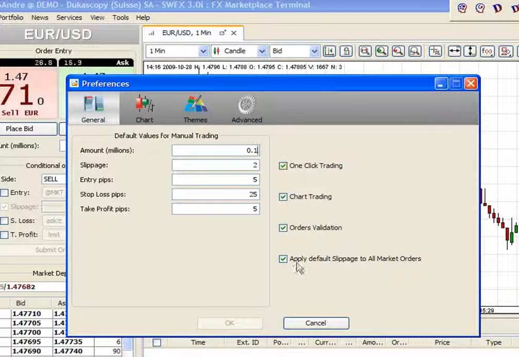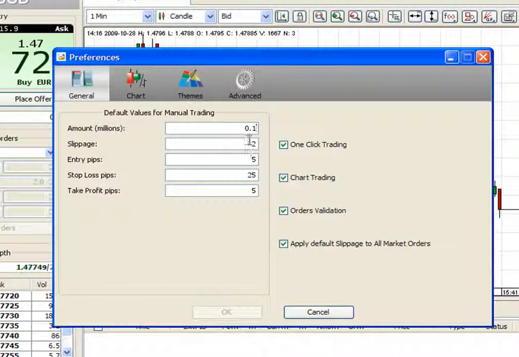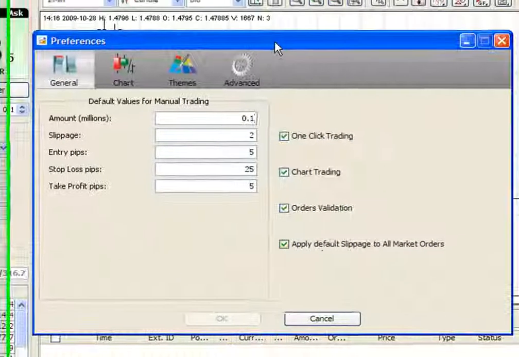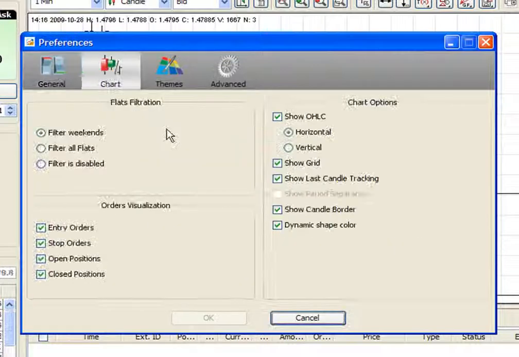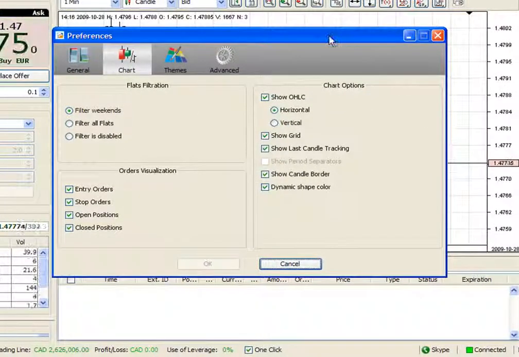Now, I have all those checked: one-click trading, chart trading, order validation, and apply default slippage to all market orders. This one in particular is important, because this slippage is then applied to everything you do. If you want to have it at 2 or 0 everywhere, you just click there, not only for the pending orders. So this is the first tab. Now let's go to the chart tab. The chart tab will filter the bars or the